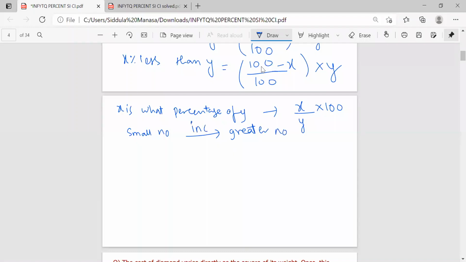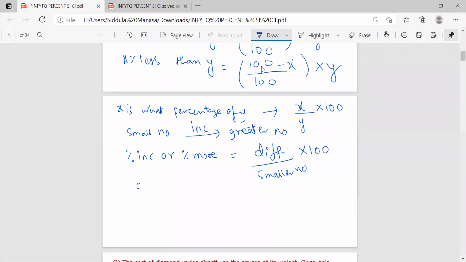So apart from this, if the effect is moving from a smaller number to a greater number, the effect will be called increment. So percentage increment can also be called percentage more. Both of them are the same. So smaller to greater, the effect will be called increment. The formula will be the difference, greater number minus smaller number, on the numerator. The denominator will be the starting number. For the increment case, increment always starts with what? Smaller number. So smaller number on the denominator. Percentage means you have to multiply with 100.